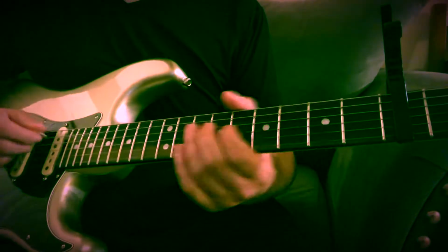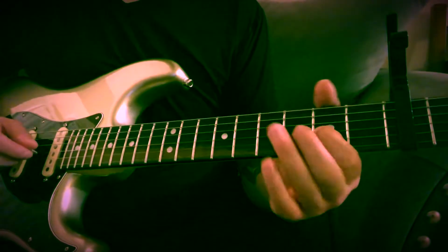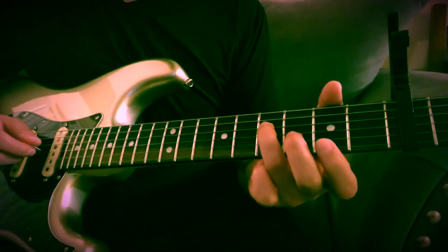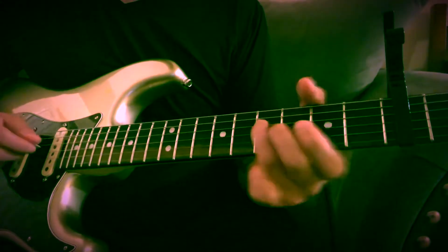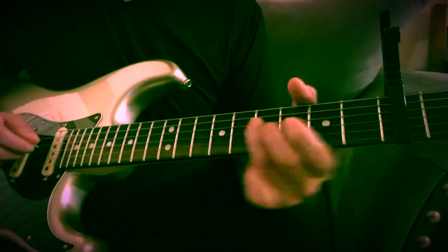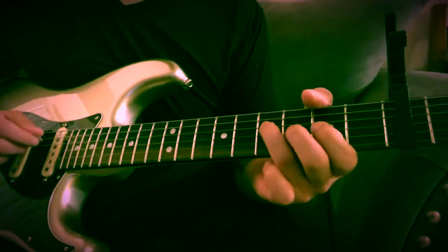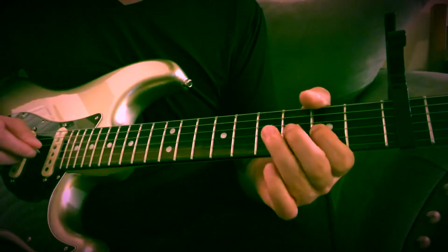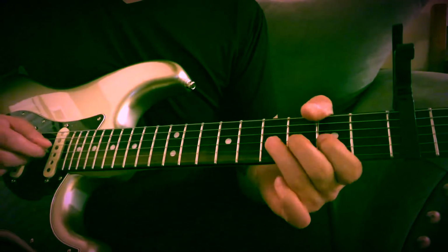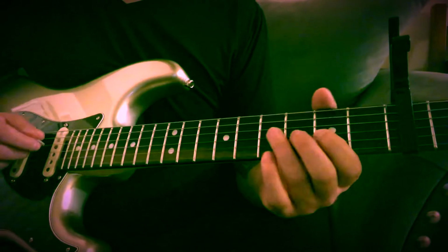The next part sounds like this. So what that is, slide on the D string from the 2nd to the 4th, G string 2nd, back to the 4th fret D, then quick bend up, bend down on the 4th fret G, G on the 2nd again, so it's